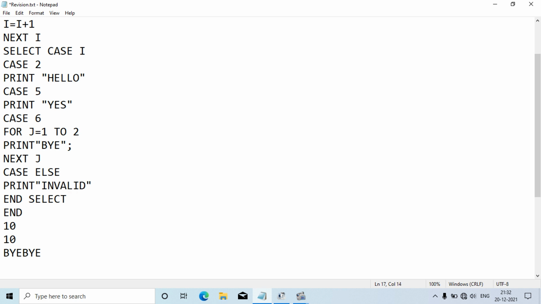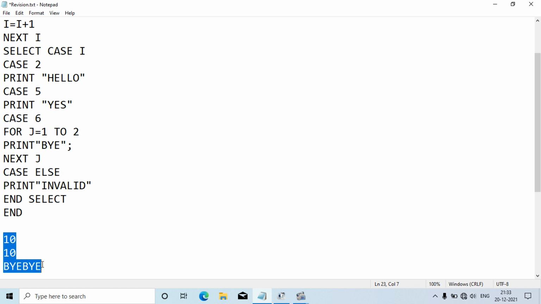I'm just writing invalid. Okay, now it is totally optional, and if case else is not there in any case, then it will not give you any error. But yes, if your case is not there, the related case is not present in select case, obviously it will not give you any output as well. That's why case else is not mandatory in a select statement. Always remember that. That has to be clear in your head. So here this output is the actual executed output that this code is going to generate. Okay, I hope you have understood.